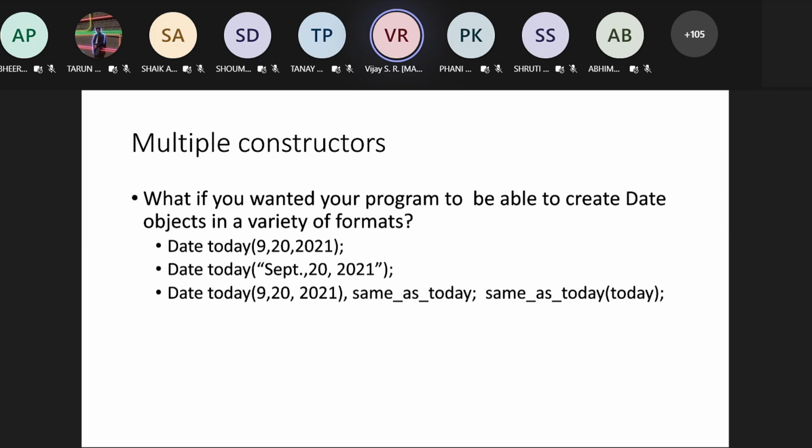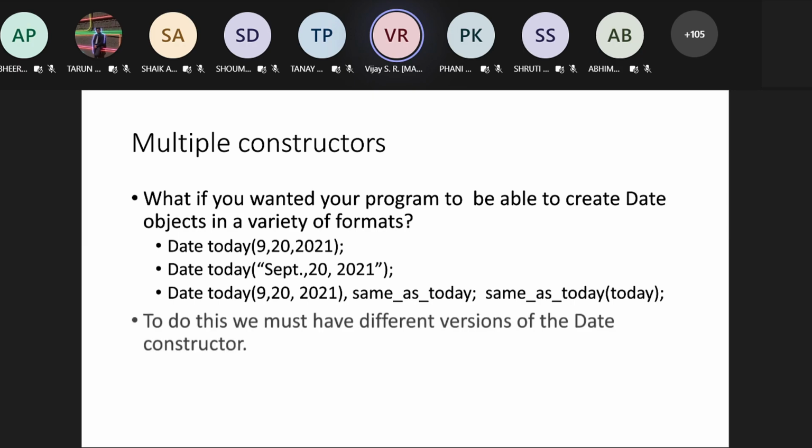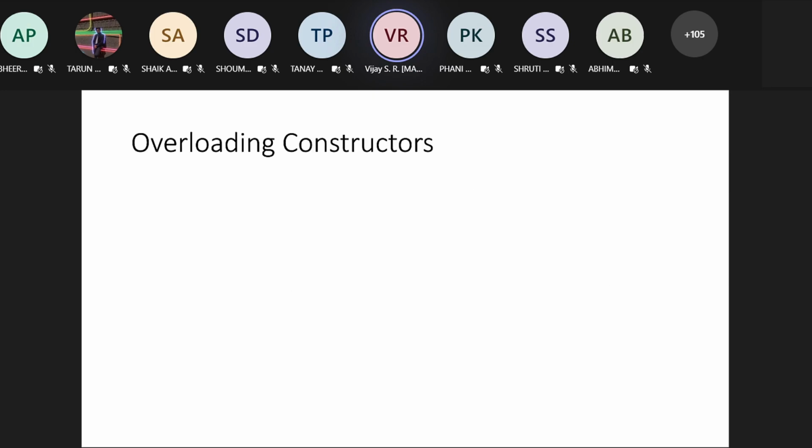You want to have multiple constructors of this type. That's also possible, and that is function overloading. When we discuss function overloading, you can think about this example and try to make this happen. So, overloading constructors.